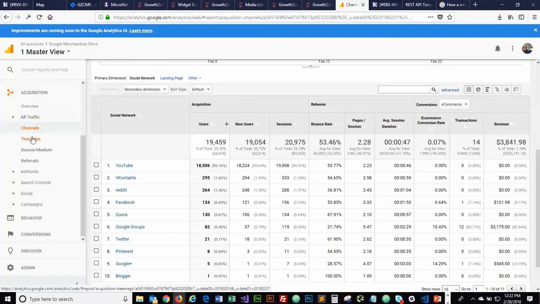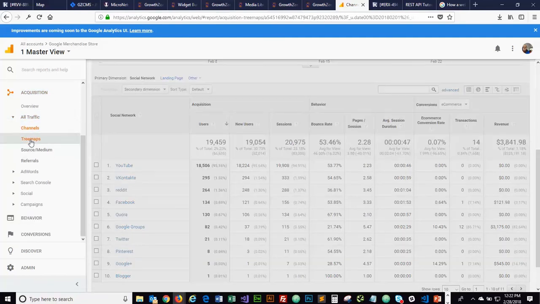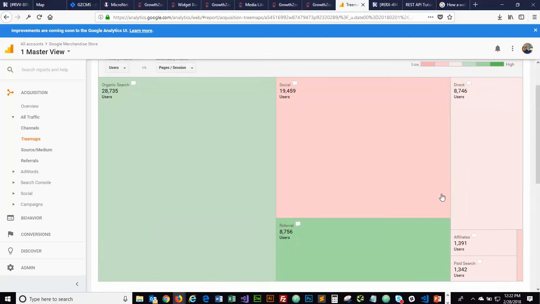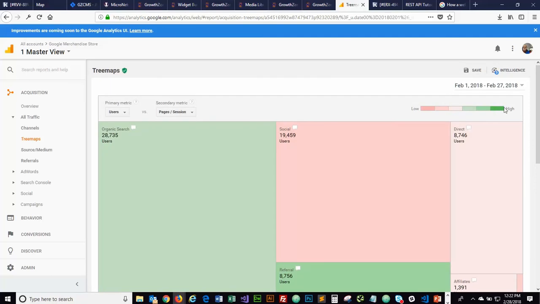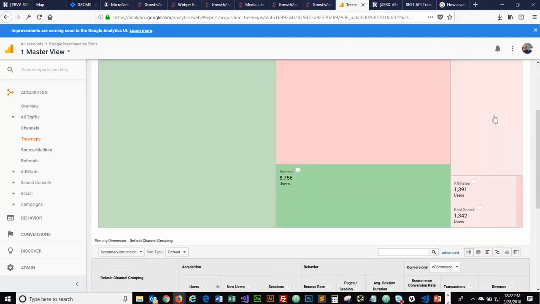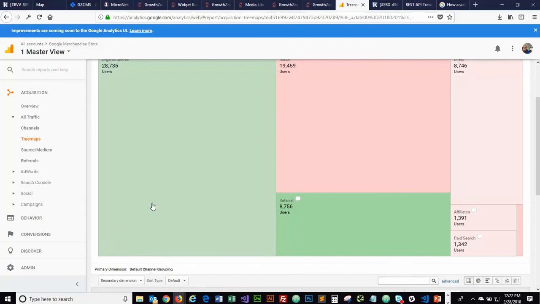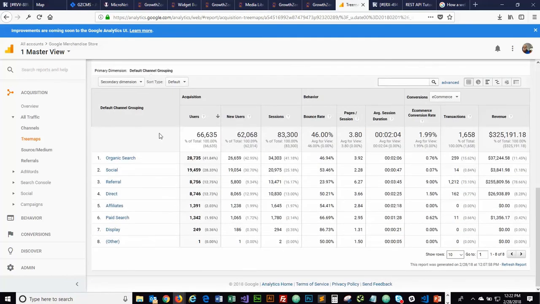Below that is kind of a heat map look at your channels. And there's a legend up here which kind of shows you the intensity, in this case, for revenue. And so it breaks it down and color codes it. Again, it goes down into organic, social, and on down. And then below that,